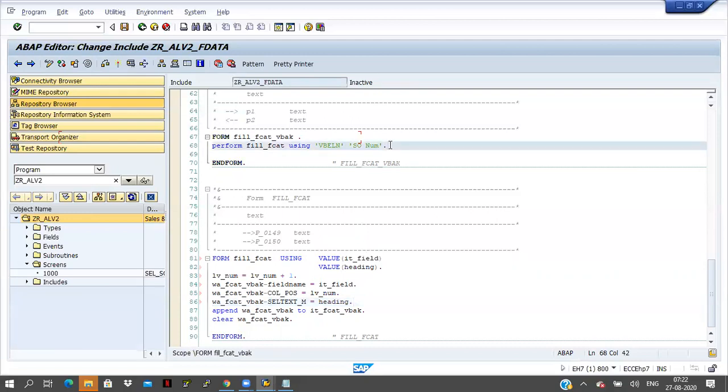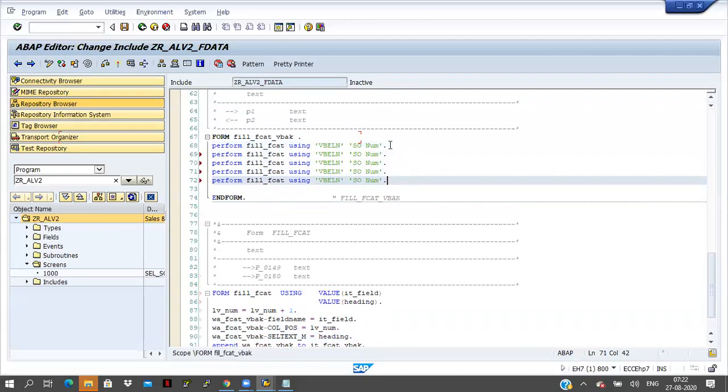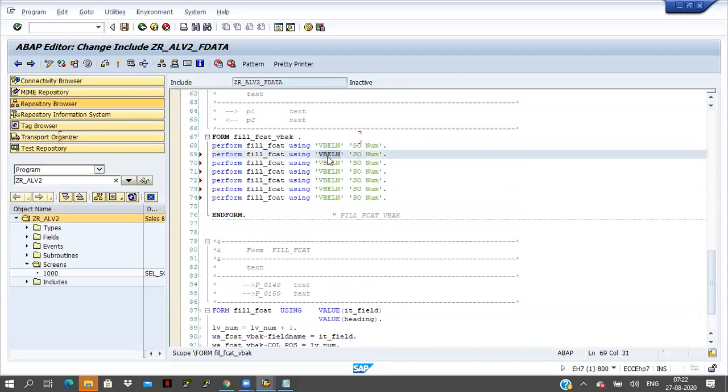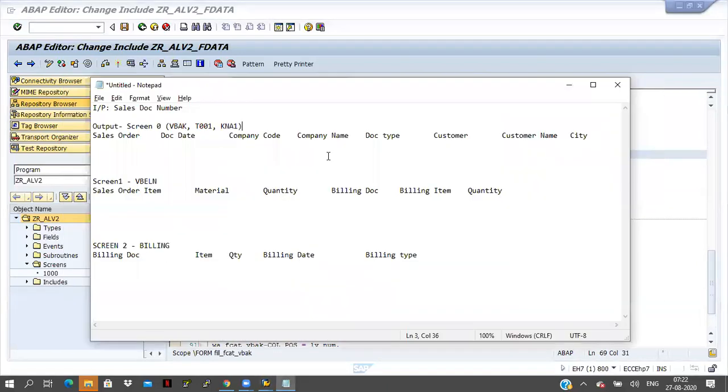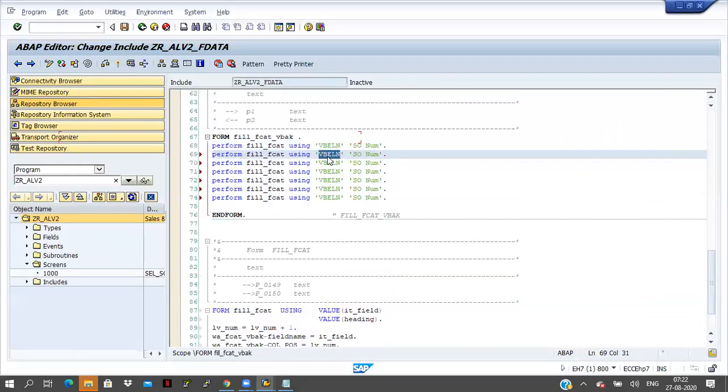Okay, so this is the first field. What is the second field? It's the document date. Document date is the AUDAT, right?